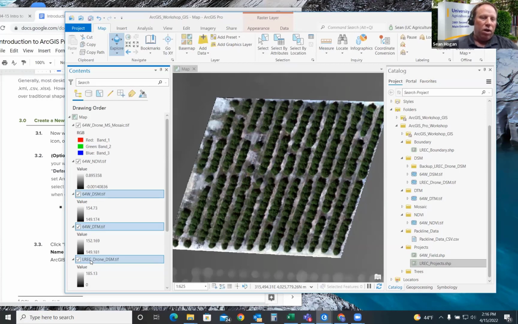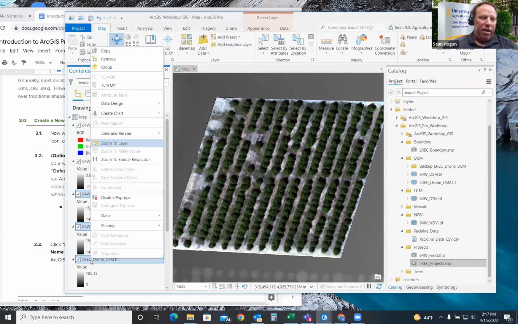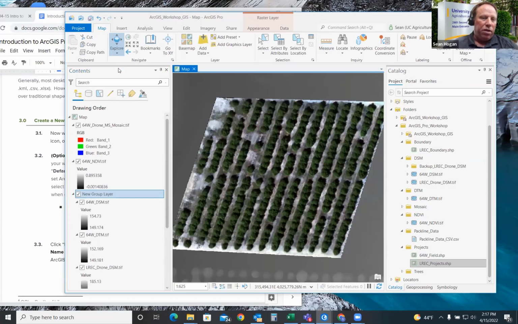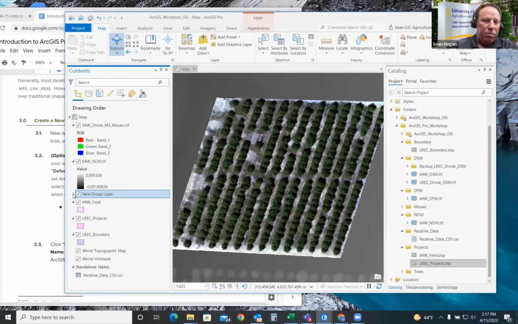Once they've all been highlighted, right click, and the third option is group. What that did is it created a new group that I can collapse and expand that has those three similar types of data sets all together.